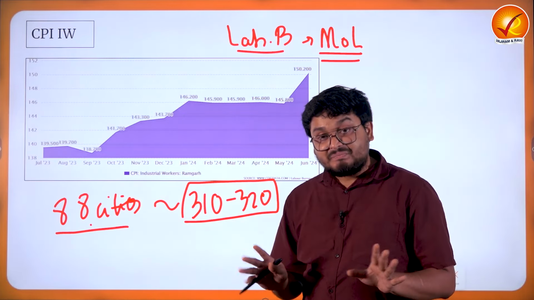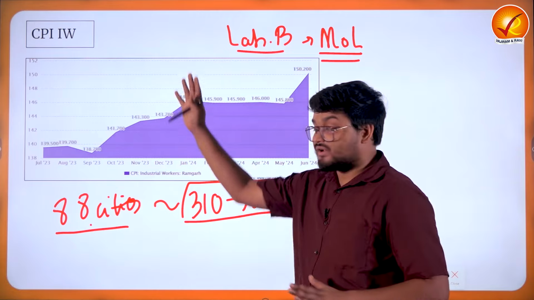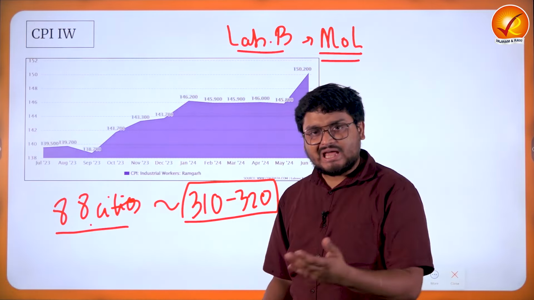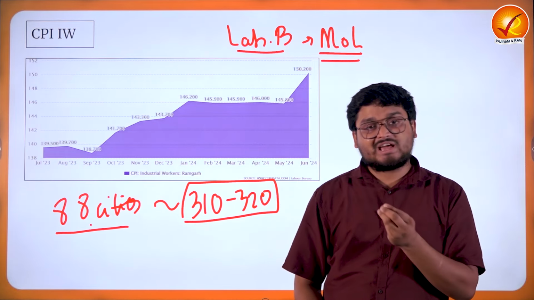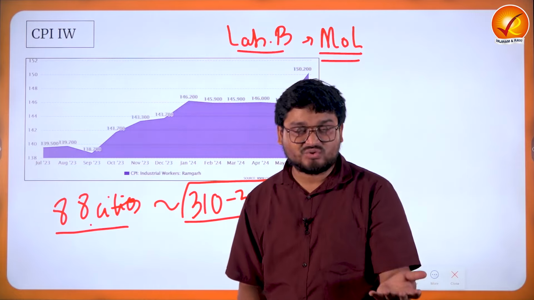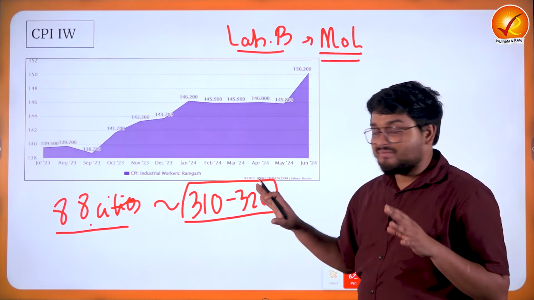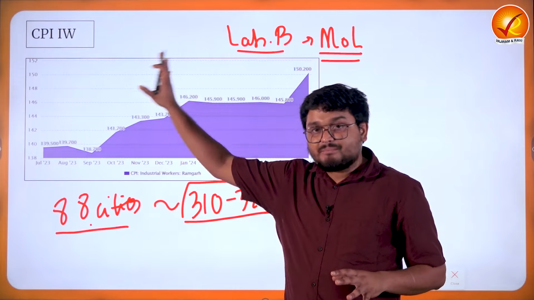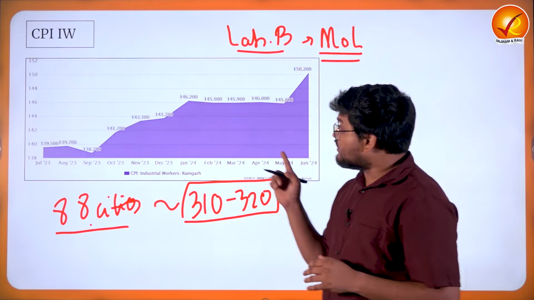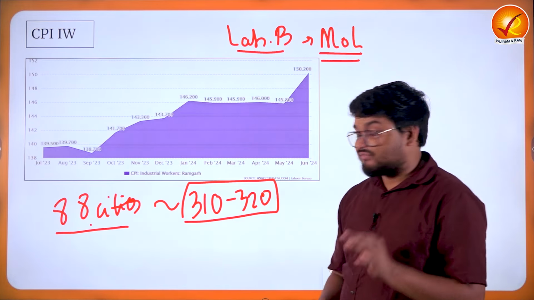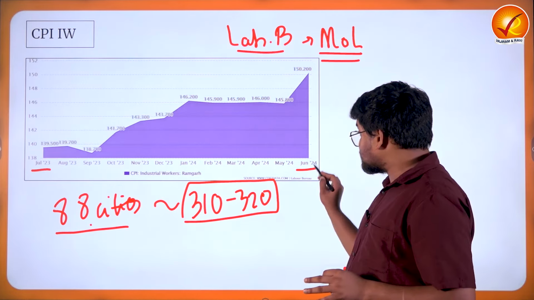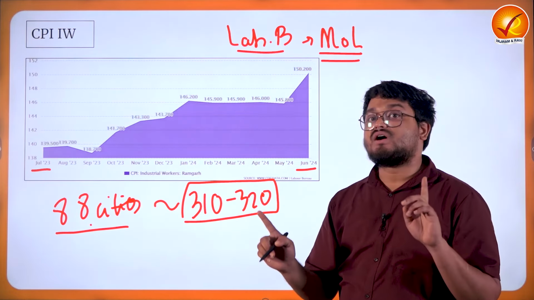So this is generally about how the industrial workers in these cities spend their salary, their wages. It can be consumption of fuel, food items, various electronic items, services, education, health, and so on. So it includes everything that these people will be consuming as a part of their day-to-day existence. And as you can see from the trend from July 2023 to June 2024, that is over a period of 1 year,